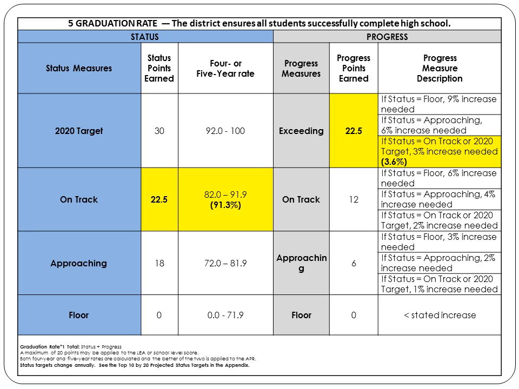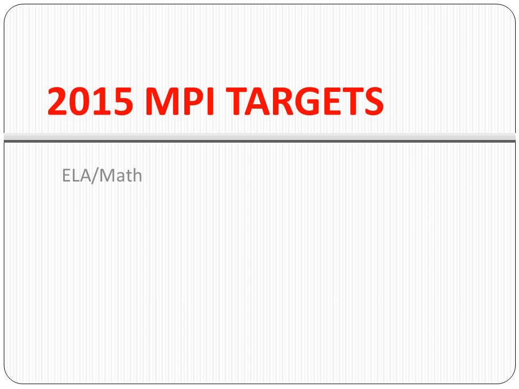We also showed that we had over a 3% increase. So with this, our status is on track, or the 2020 track, with an extra 3%, giving us another 22.5 or exceeding. And that, of course, exceeds 30 points because 22.5 and 22.5 is our 45.